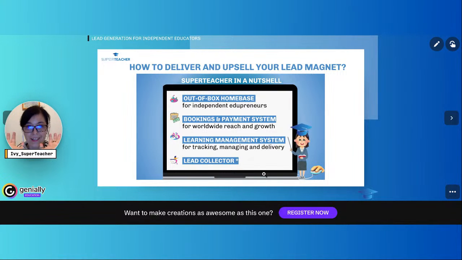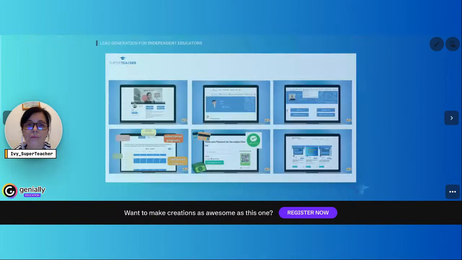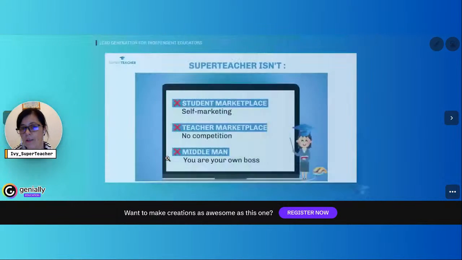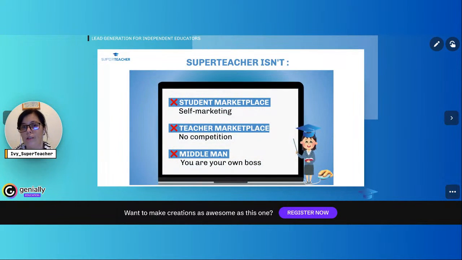So that means SuperTeacher is more than enough to do everything you need about your independent teaching business as an independent educator. Of course, if you're a school, then you would need a more in-depth system for, let's say, email marketing or even managing your teachers. SuperTeacher is not for that use case for now. I'm just going to skip. I just mentioned what we can do, and to learn more about it, just check out our YouTube channel. There are lots of guides to see.